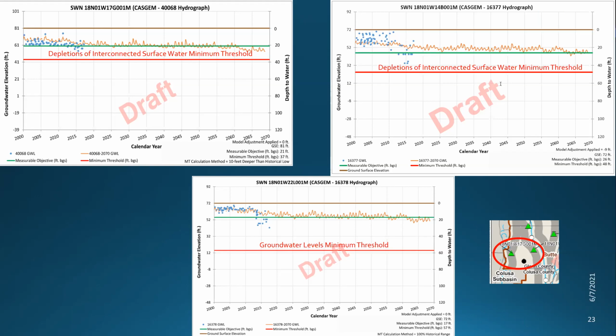No, go ahead. Could I just kind of build on what you said? You're absolutely correct. There are species, especially oak species, that do root deeper than 30 feet, and that has been generally acknowledged across the board. First and foremost, you have to remember that what we're looking at here are SMC, especially minimum thresholds related to interconnected surface waters, not GDEs. GDEs are considered a user of groundwater, just like any other entity in the basin. So for the purposes of interconnected surface waters, we are looking at more of these shallower communities.